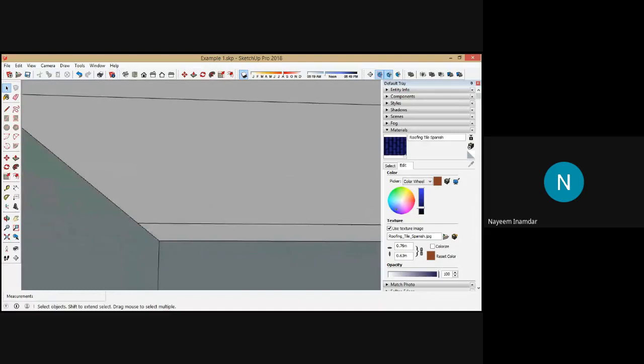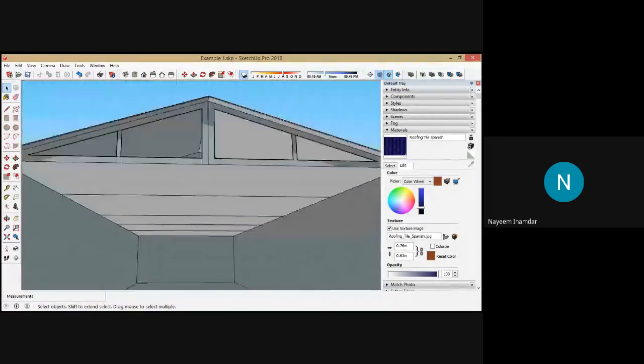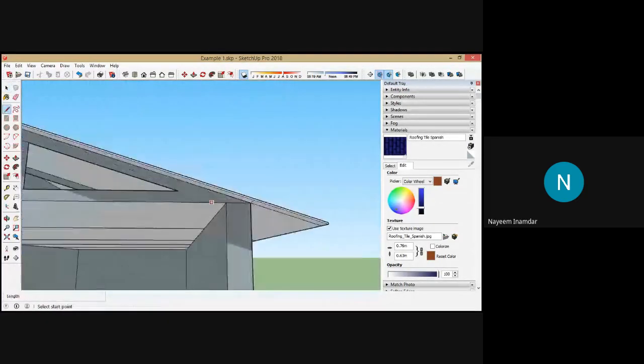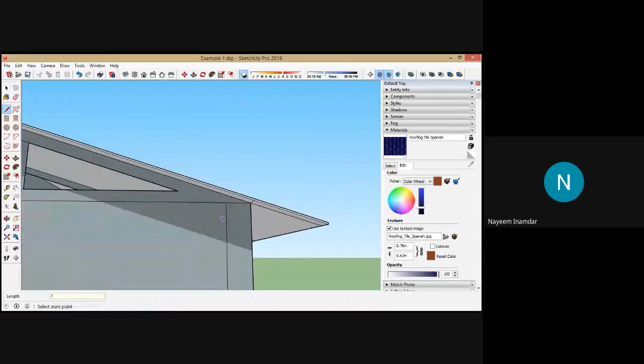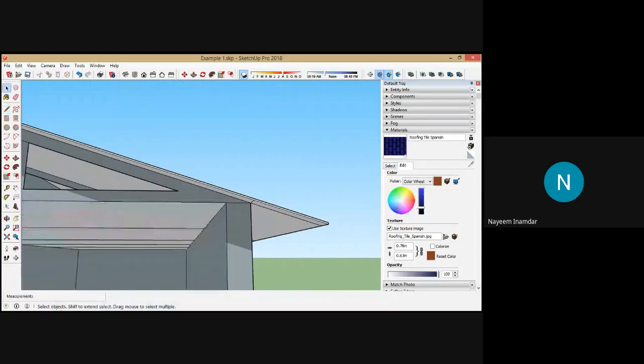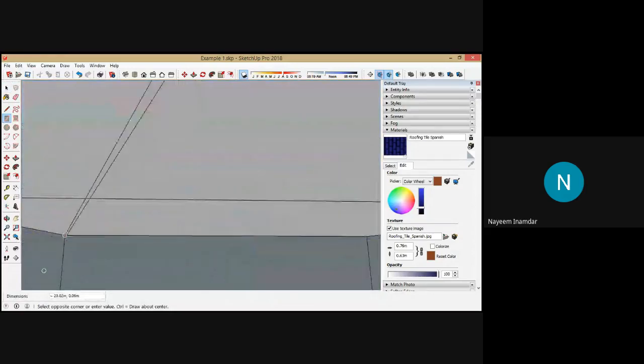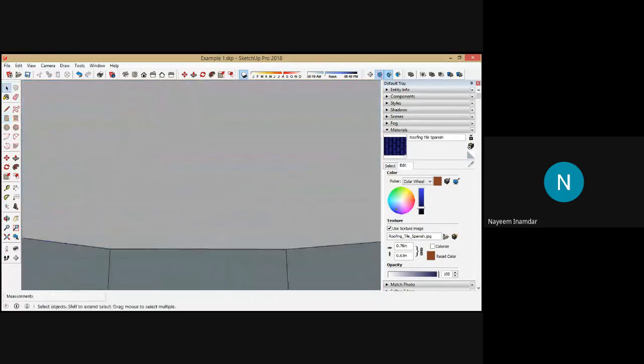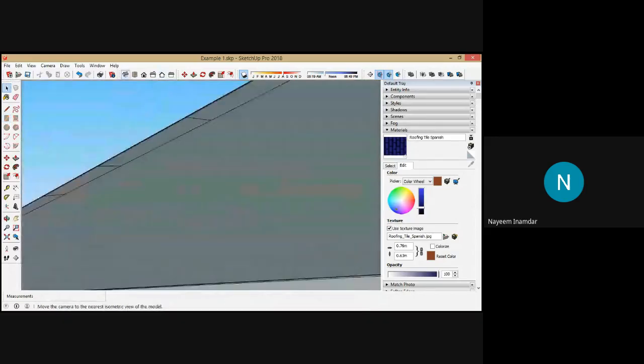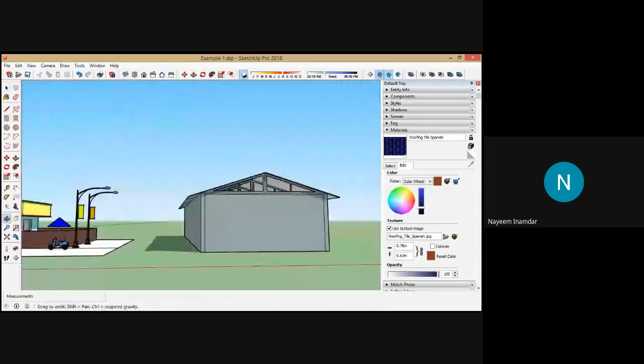You just draw one line, and here also draw one line having depth of 0.1 meter. Just delete it. You just again select the rectangle command, click it here, and click here. So this has become your false ceiling. This has become the false ceiling.